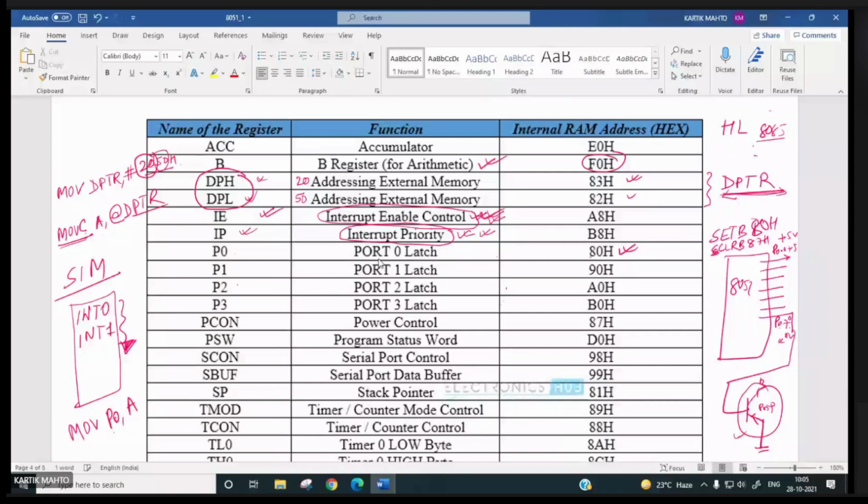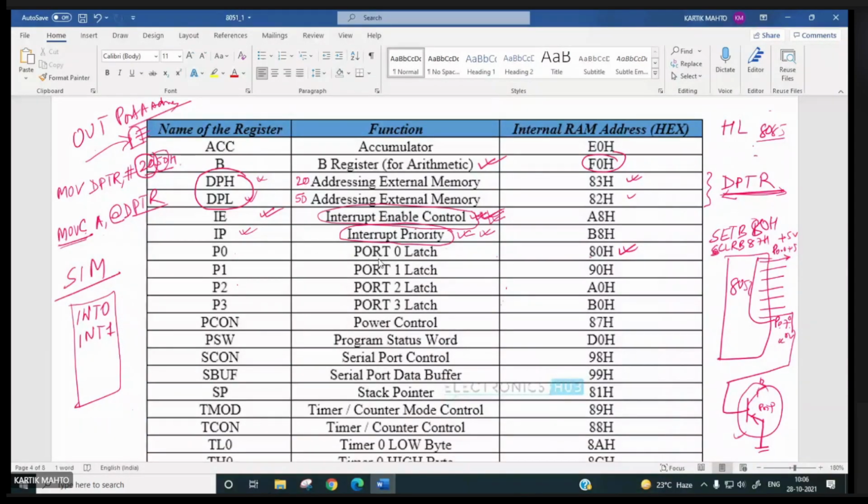जैसे नहीं बोलते थे out port A address. The accumulator content was copied to port A of 8255, right? PA0 to PA7, right? This instruction will do this same job. Accumulator content will be copied to port 0 register, or port 0 content you can copy to accumulator simply by writing this. See, it's very easy, no? Only register to register transfer. So much flexibility you will find while programming the 8051 microcontroller.